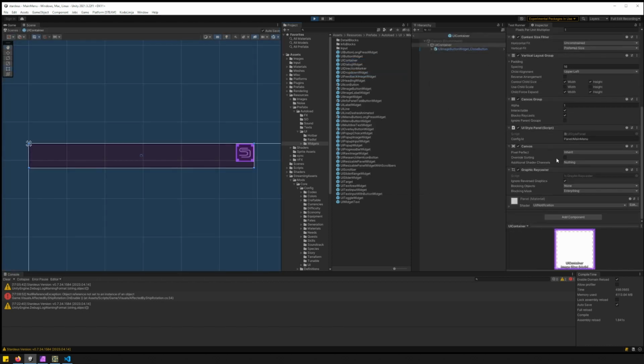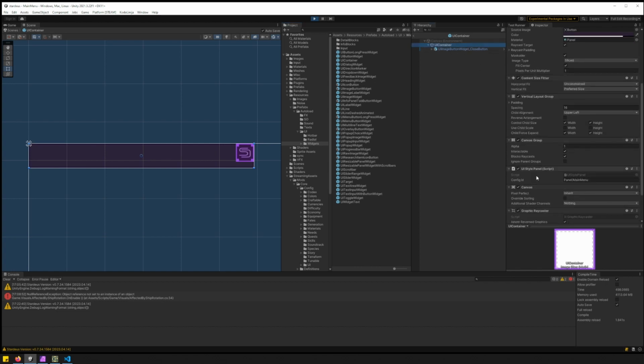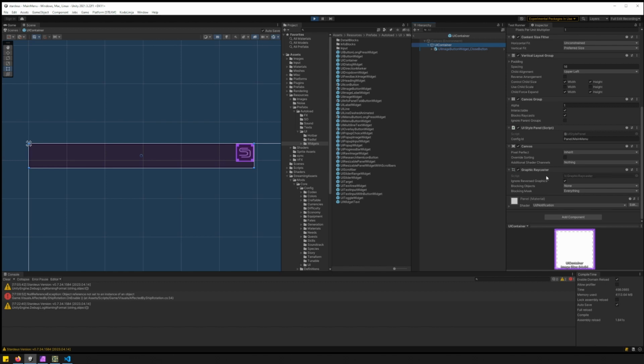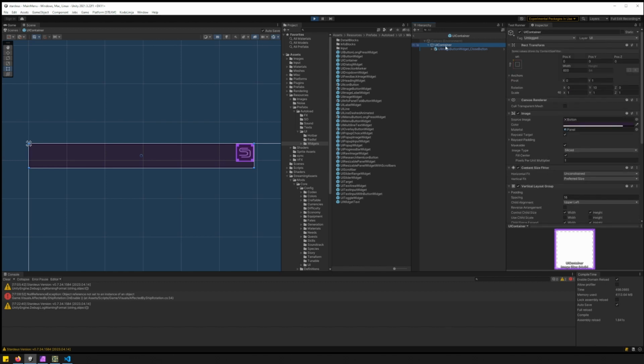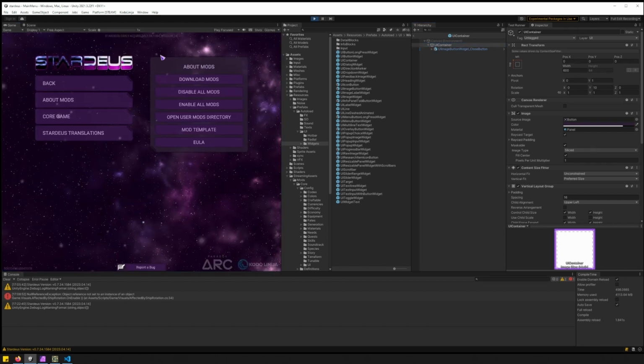Now, where's the panels component here? I still don't see it. What? UI container. Oh, we already opened it. Okay. Sorry. I'm a bit confused today. So we already opened it. So this is how that panel, this panel here,